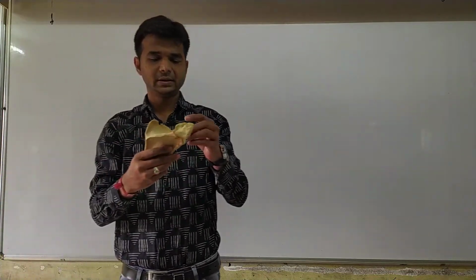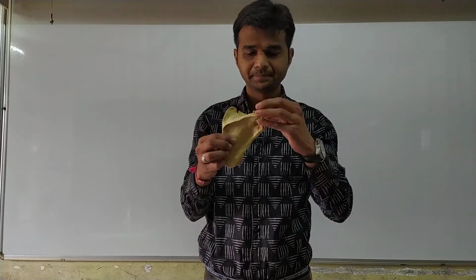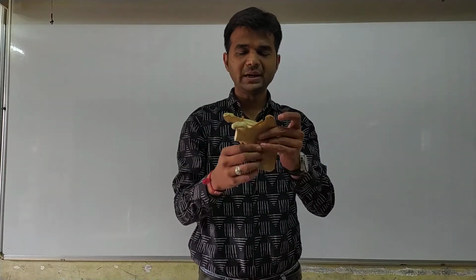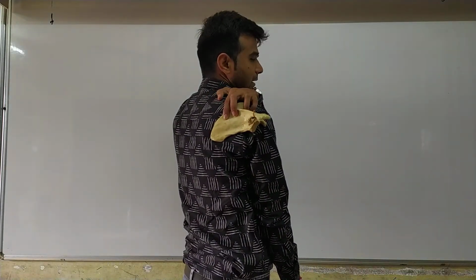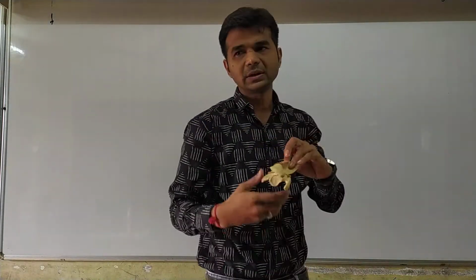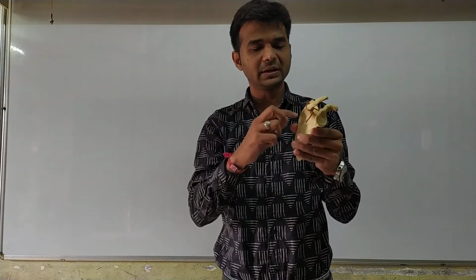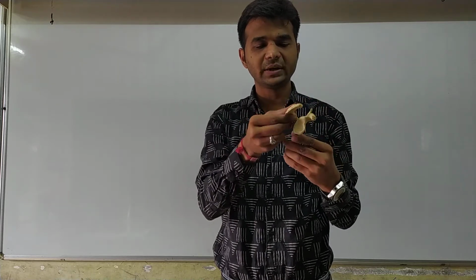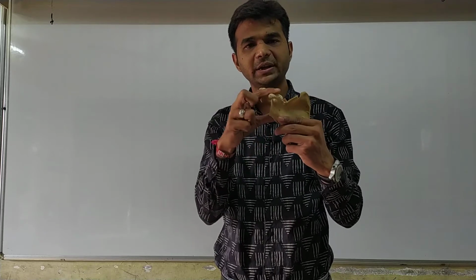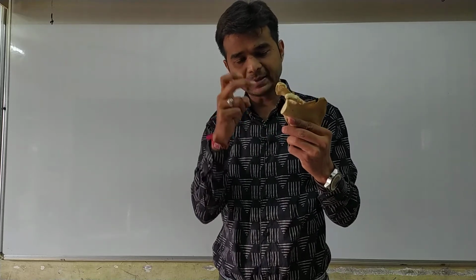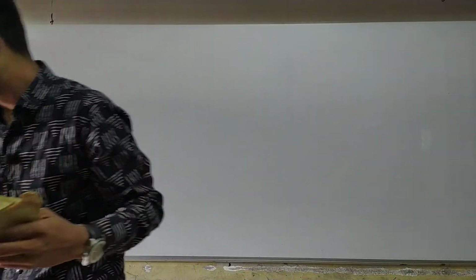Here you see that triangle shaped bone, this is known as scapula. Actually this scapula is of the right side one, it is situated here in this way, over the posterior side of the rib cage. Now here you see that on the scapula one projection is there, this is known as acromion process, and this small portion is known as coracoid process, and here the shallow cavity is known as glenoid cavity.